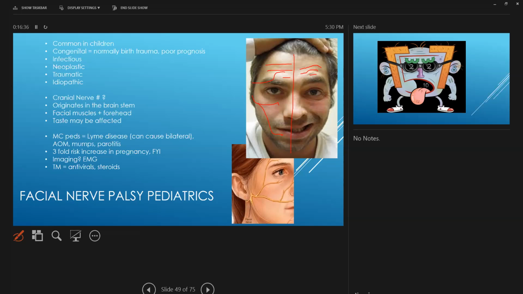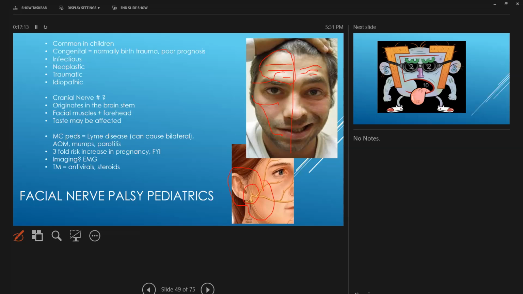In older individuals, we want to be careful because if the forehead is spared, then that's actually more concerning. If they're able to furrow their forehead but not use any of these other muscles, we're highly concerned for a stroke. This cranial nerve originates in the brain stem, and the facial muscles and forehead are affected. The most common pediatric causes would be Lyme disease, also otitis media, mumps, and parotitis. You can imagine that swelling around this area is going to put pressure onto this nerve